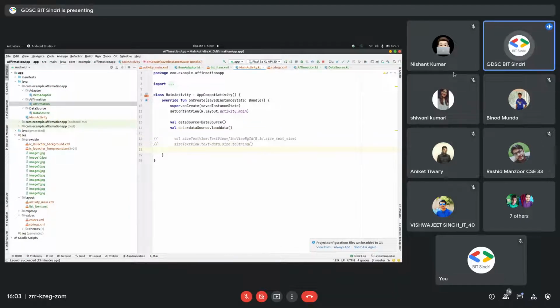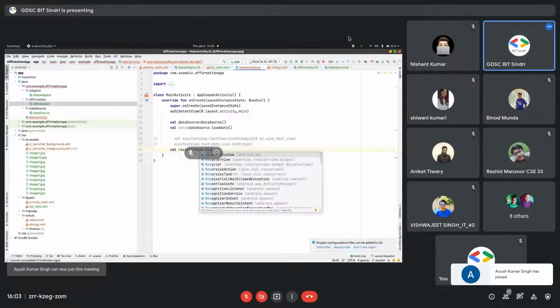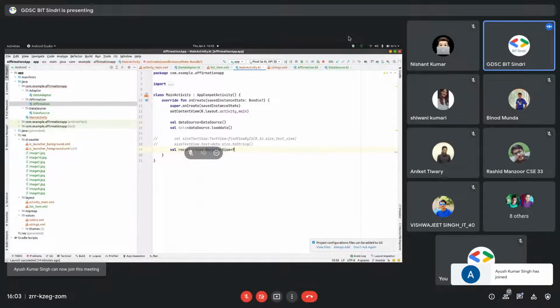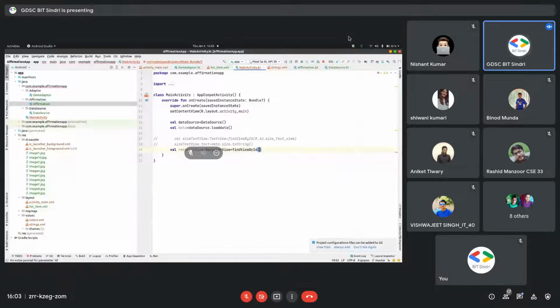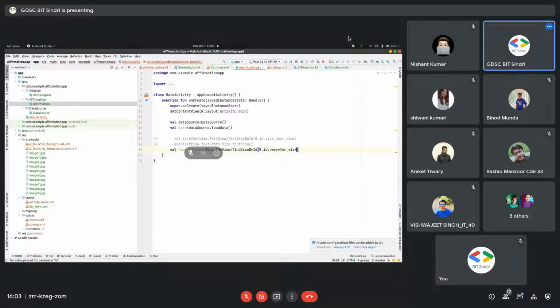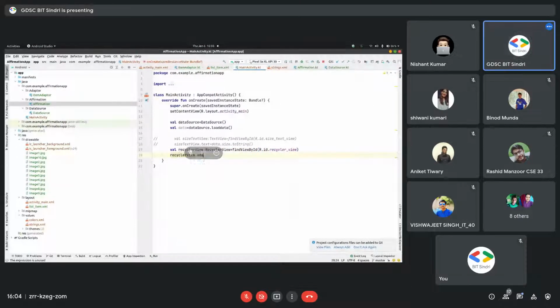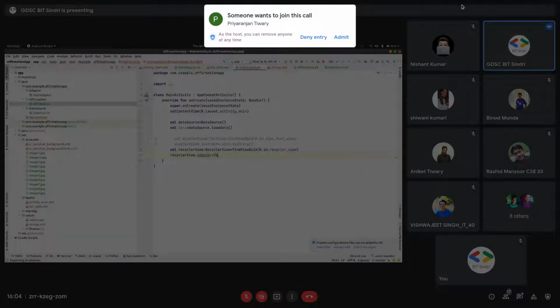To implement recycler view, we will define a recycler view of type recycler view, which will refer to our recycler view. Okay, now we will have to implement some functions of recycler view like adapter. It will be an item adapter.